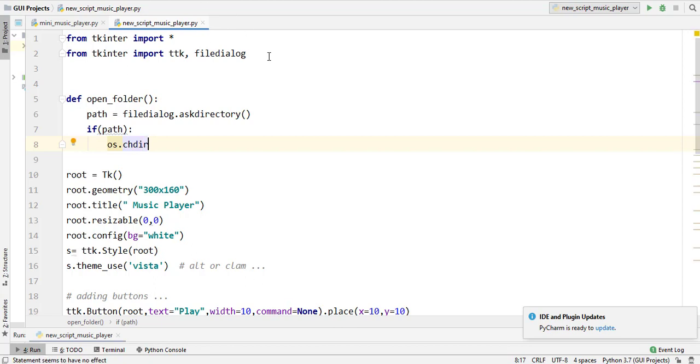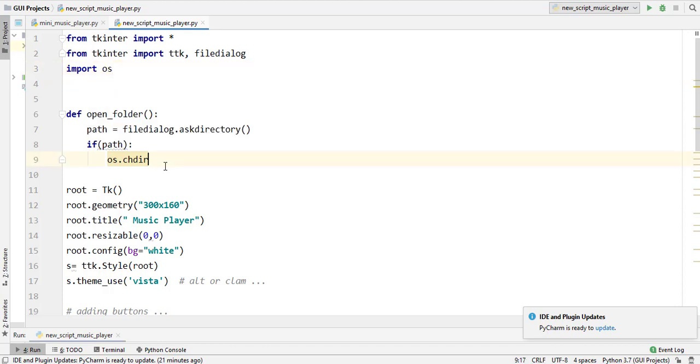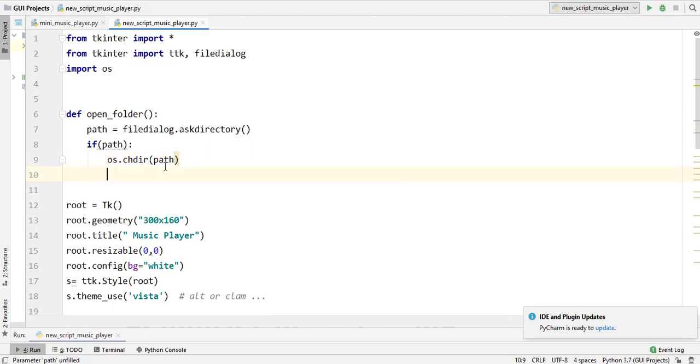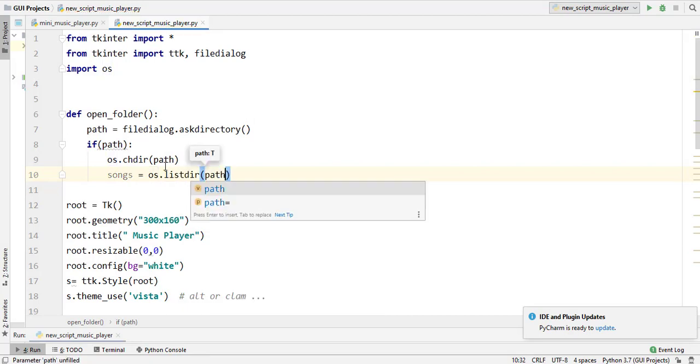Okay, I forgot to import os. I put import os, and os.chdir, change directory to path, and the next step is songs is equal to os.listdir(path),